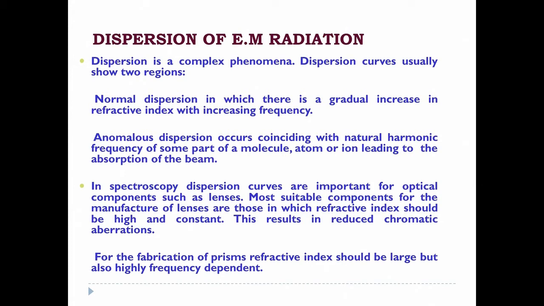Again, these are very important concepts. The most suitable components for the manufacture of lenses are those in which the refractive index should be very high and it should be constant. This results in reduced chromatic aberrations. For the fabrication of prisms, what we normally do is